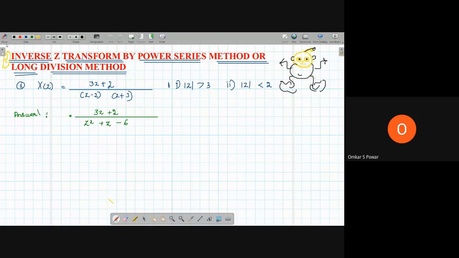If you know the funda of how to solve this, it is over. So just concentrate on this problem: how do you obtain the inverse Z transform by power series method? In the exam, if they ask to find the inverse Z transform, use the partial fraction method, because it is easy to get the inverse that way. If they ask particularly to use the power series method or long division method, only then go for it.